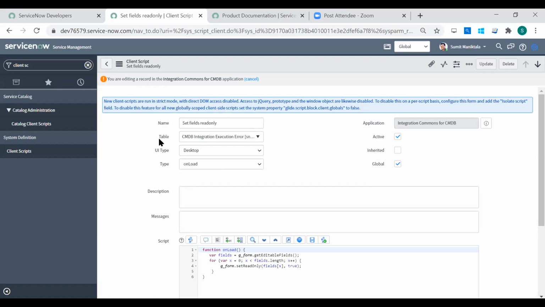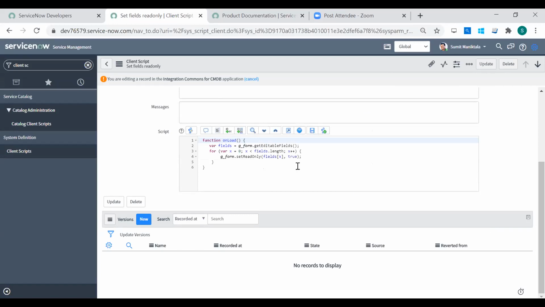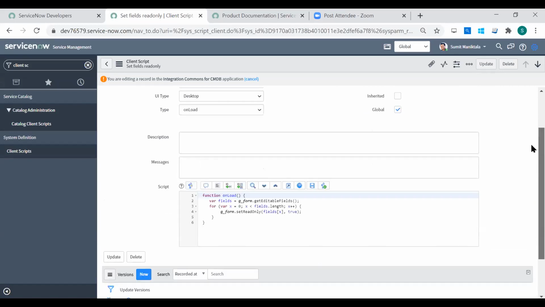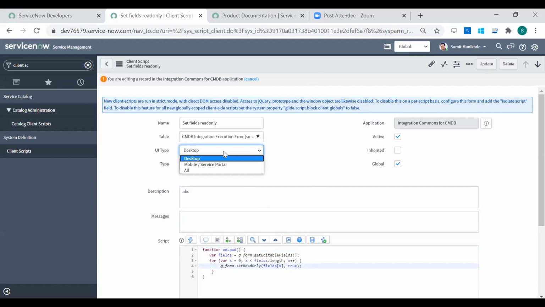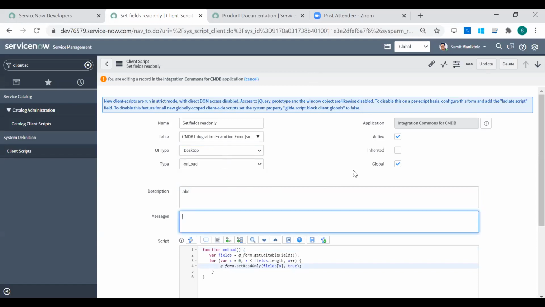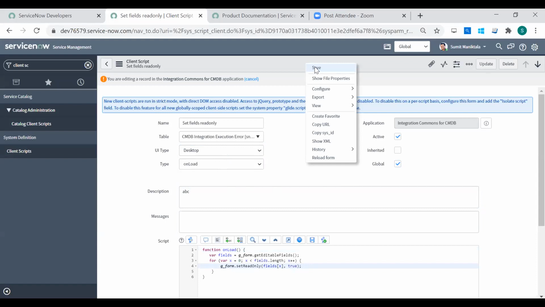So this is a client script. Don't worry about all this. Our point was to show you a component, go to the versions tab and see if anything is there. Each field on this component is a part of the core component. That does not mean I can only make a change to code to customize it. If I make a change to any of these fields, even if I just enter something here, that is customization. So if I save it now,